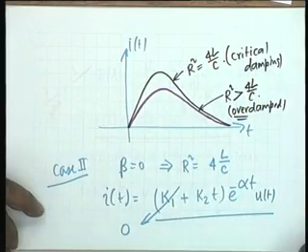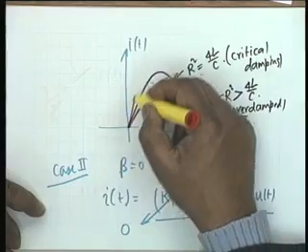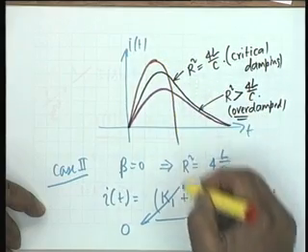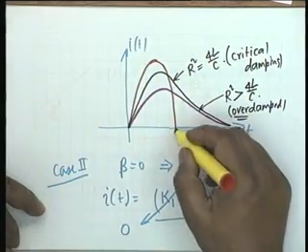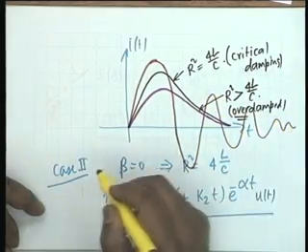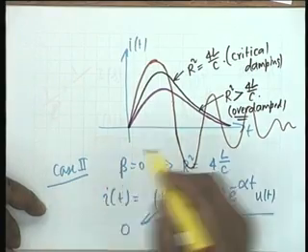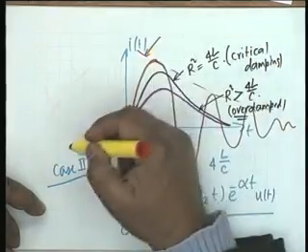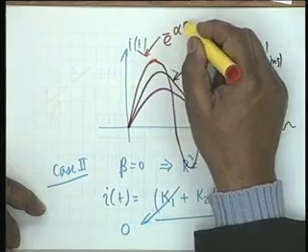And as we shall see in the next lecture, if it so happens that R squared is less than 4L by C, well, the response is still of general shape, but it will rise further, but it crosses 0 earlier than infinity, can become negative, and then goes on oscillating in a damped manner. The decay of the peaks is exponential, and the rule is e to the minus alpha t.